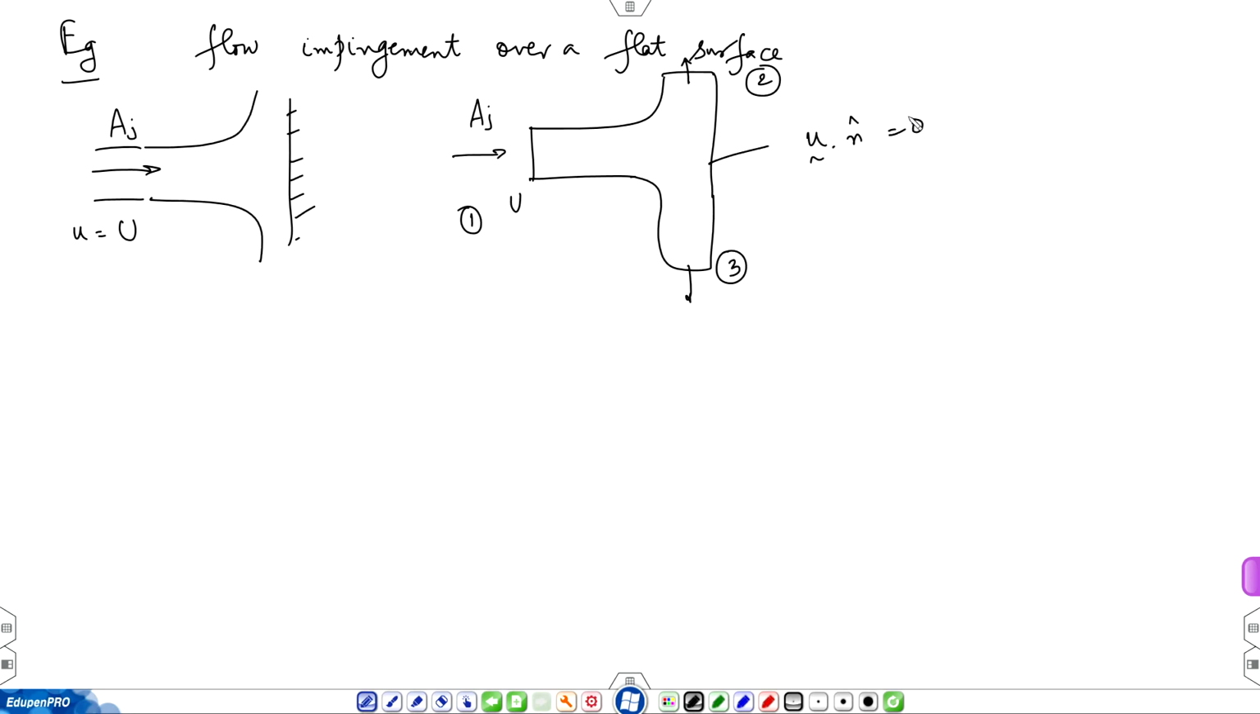Now, on this surface normal velocity is 0 because it is a solid surface. Now, these boundaries, they are not solid, they are all liquid surfaces, right. You have a tube and your solid surface,